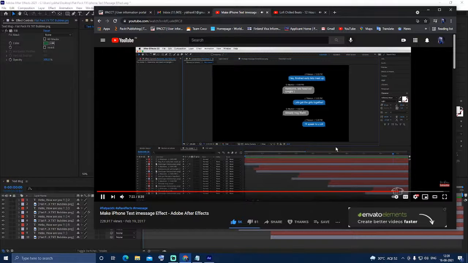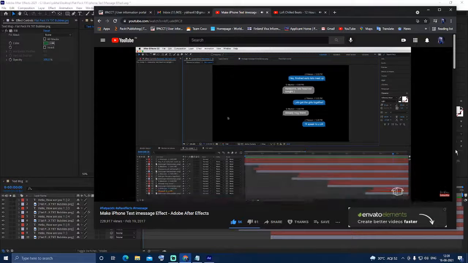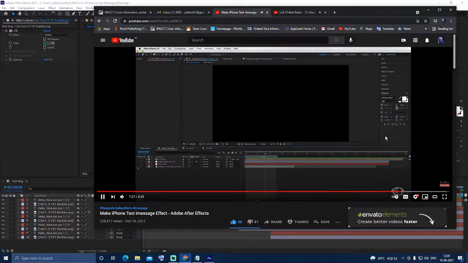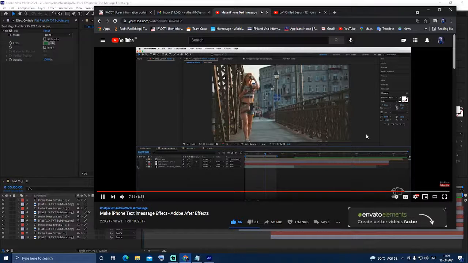like this, and you've got your text message laid out, the last step is all you need to do is create a new composition, drag your footage in, position that how you want. And here I've just added a lens flare for effect. And then all you need to do is just drag your text message layer over the top. Now,